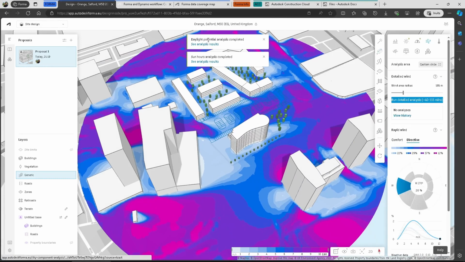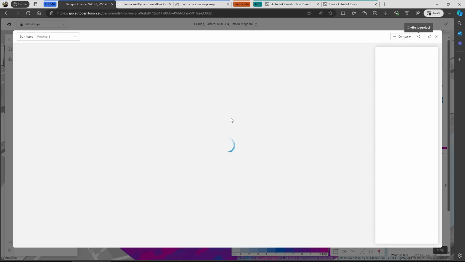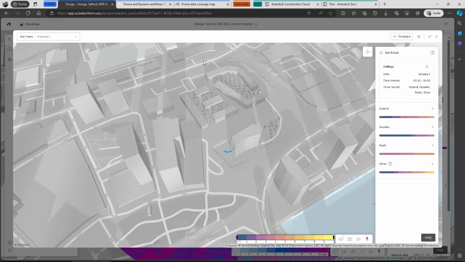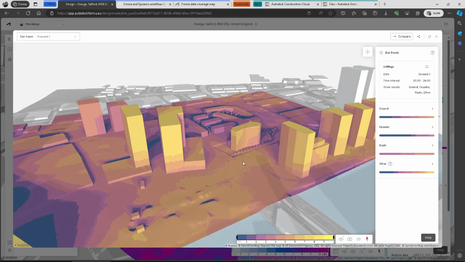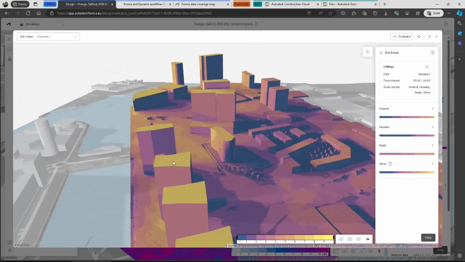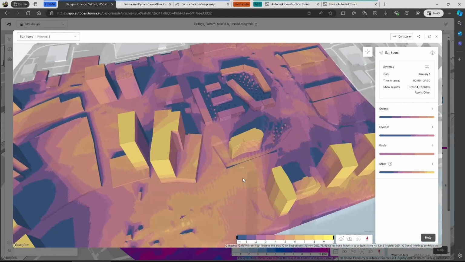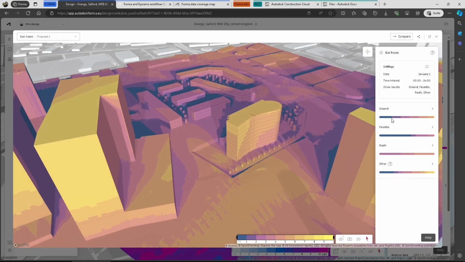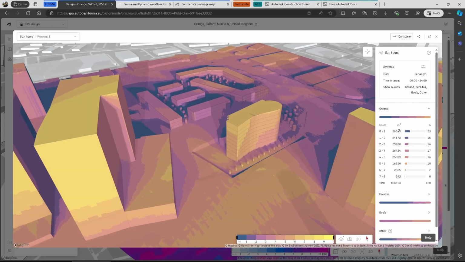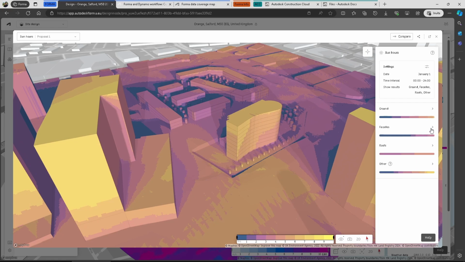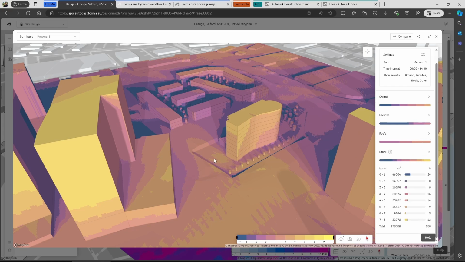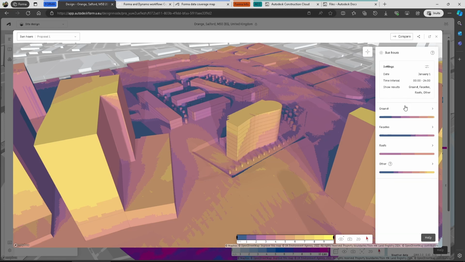Okay. You'll see the other analyses have also completed in the background. So if I want to view the daylight, the sun hours analysis, I can click on the sun hours analysis. It opens up in a new panel now. This has changed. And then we can have a look at how many sun hours we get on our site. So you can see we've got ground in here. We've got the building faces and the rooftops in there, and then on just other areas as well, which is